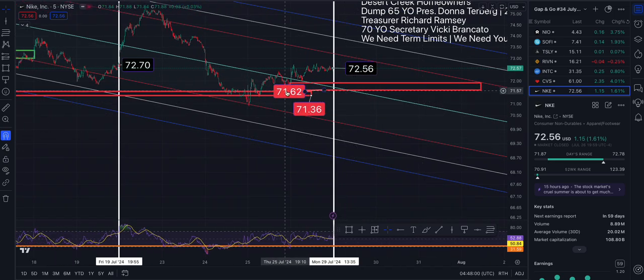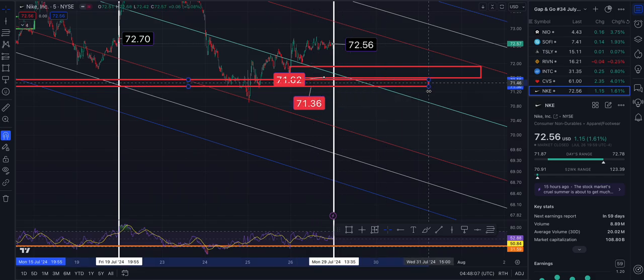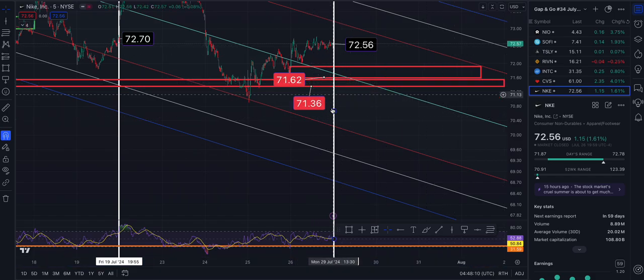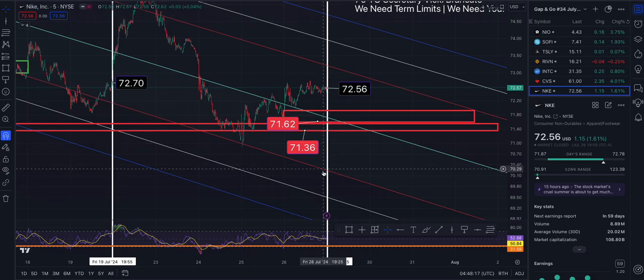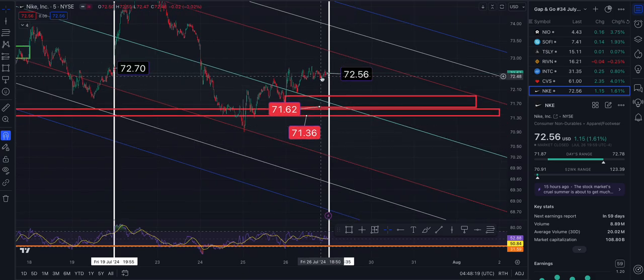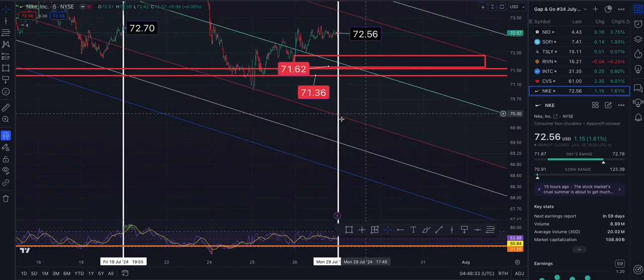Okay, so this takes us down to 71.62, and this little baby takes us to 71.36. I don't know why I drew it so small, but the standard deviations again will take it, and we will get there on Monday. So we'll flush down here. All right, so that was to the upside, 74.69-ish, if I didn't say that. I got sidetracked, 71.73. This will close at 71.36, 70.25, 69.51,